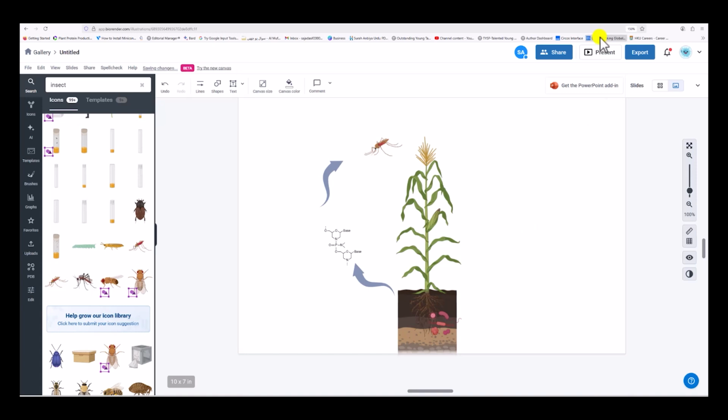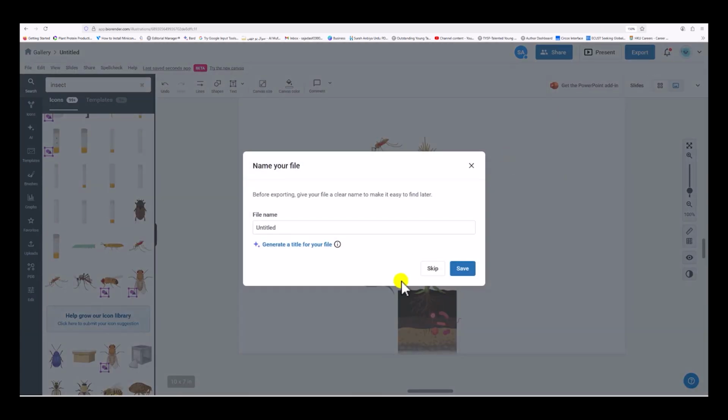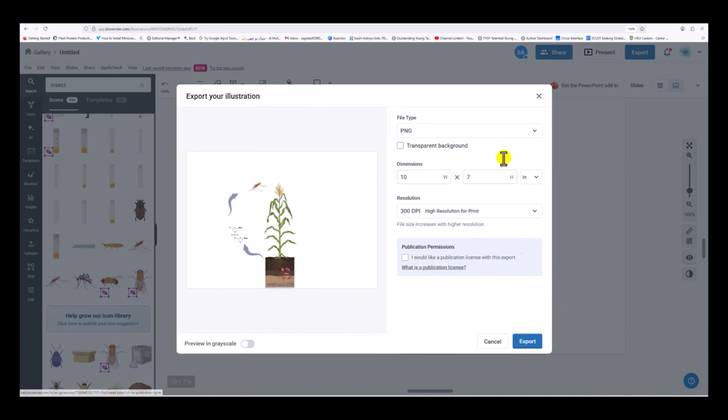So how to export this figure? You can come here to this, and you can export. You can make any name, okay, or just keep it. Then you will get this file in different formats like PNG, JPG, also in PowerPoint and PDF. So I will select PNG. Then you need it with transparent background or with color background. You can also select here. You can also change the dimension here. You can also change the resolution here.